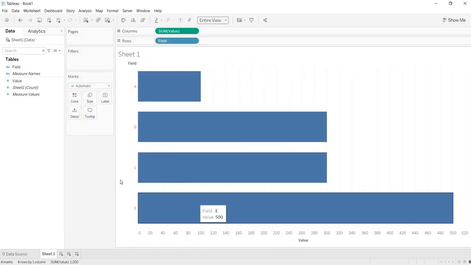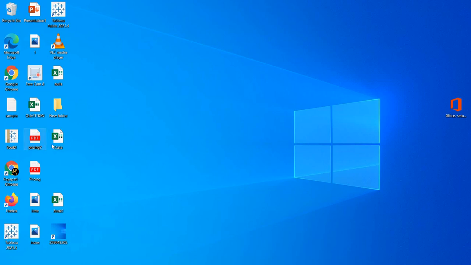Now let us go back to the view. I want to refresh this extract. Whether it is live or extract, data changes might happen, right? That needs to be reflected from time to time. So how do we refresh this extract? Let us see that. Here we have this data.